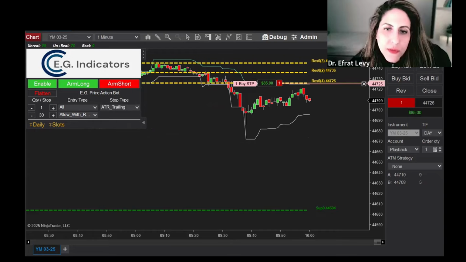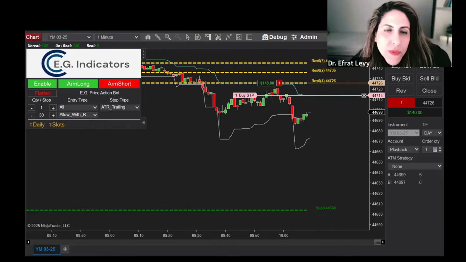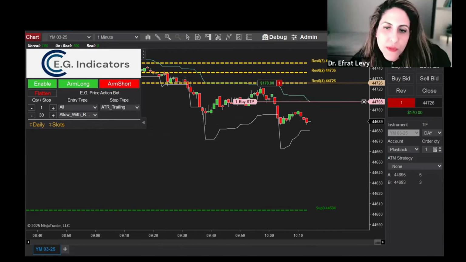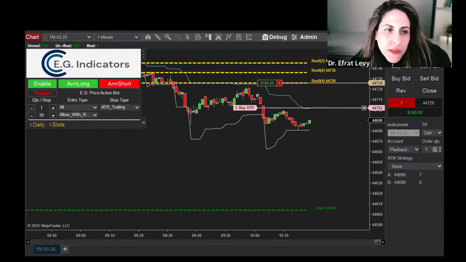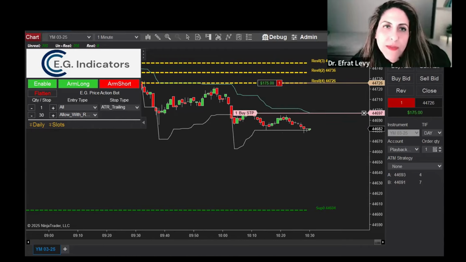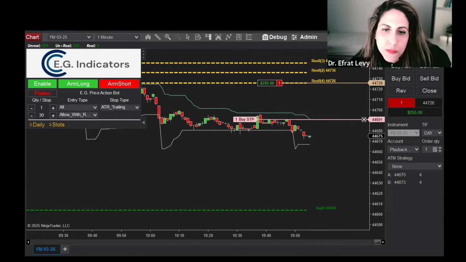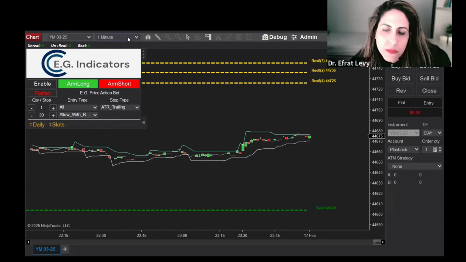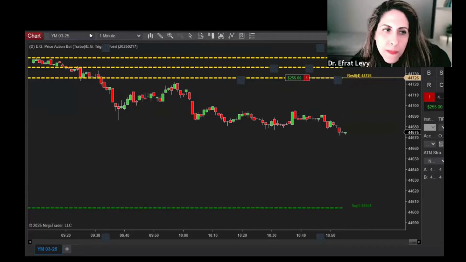Okay, you can see the difference, because again, the trailing stop depends on the time frame, and the trailing stop is tighter than in the 5 minute time frame, so that's why it trails the stop loss. So in green, let's take a look at other examples like